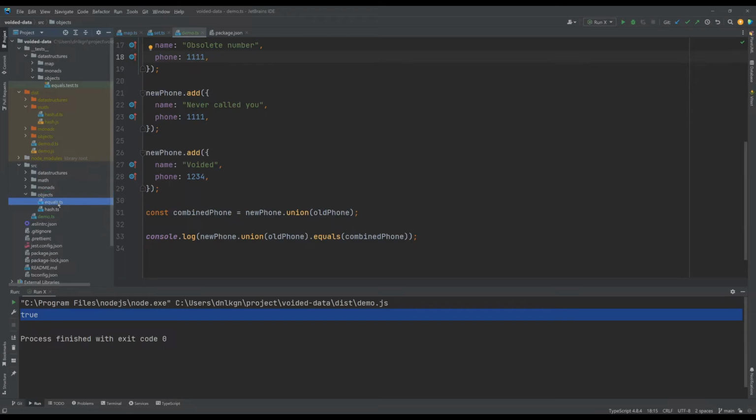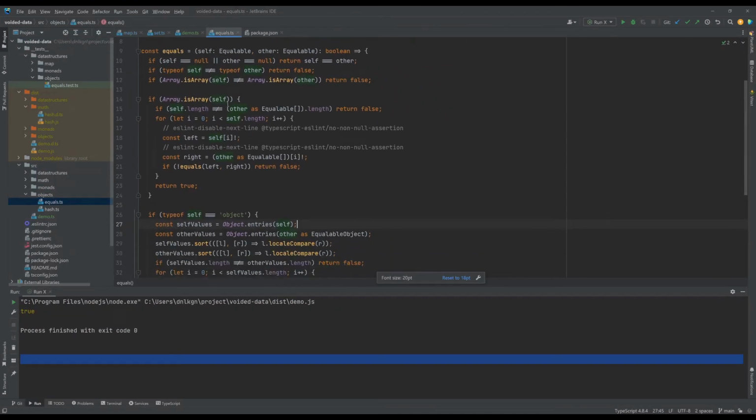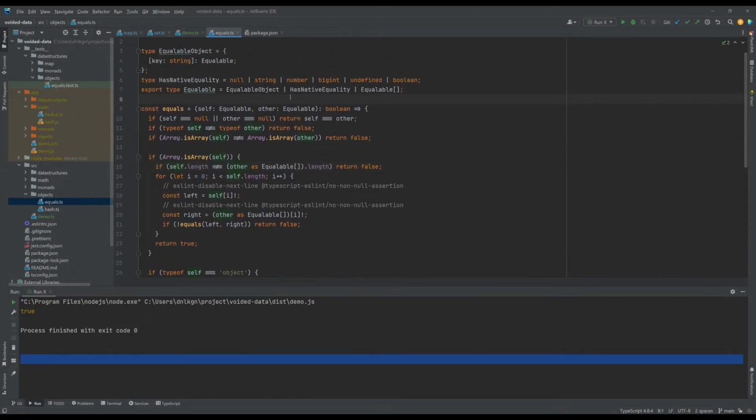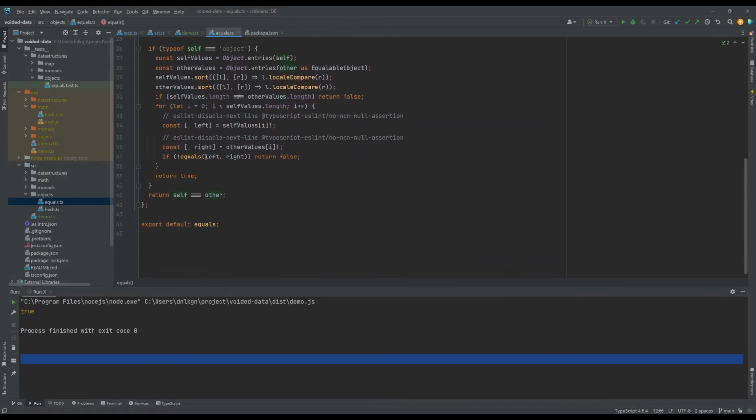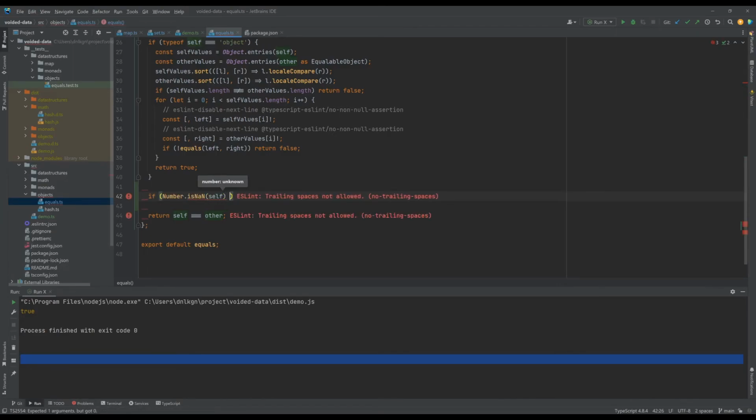Let's touch up our equals. Our equals does not work if we deal with not a number, because in JavaScript, not a number is not equal to not a number. So before we can answer here, we still need to check if one of them is not a number, or rather if both of them are not a number. So if none is not a number of self,